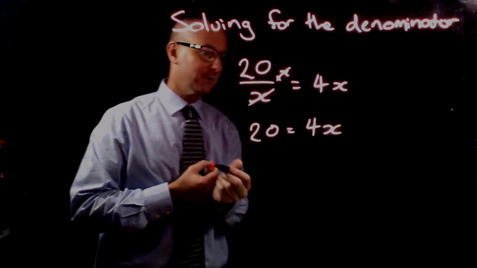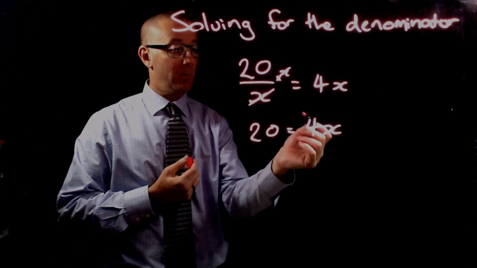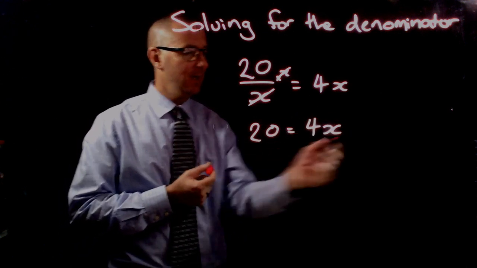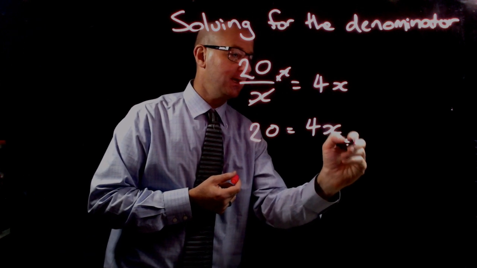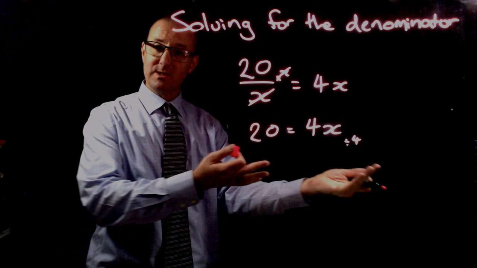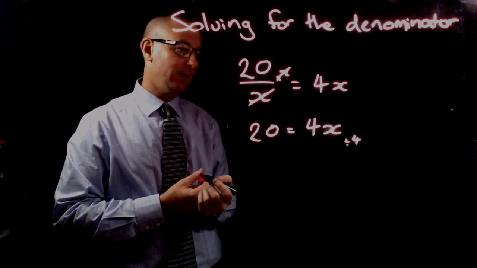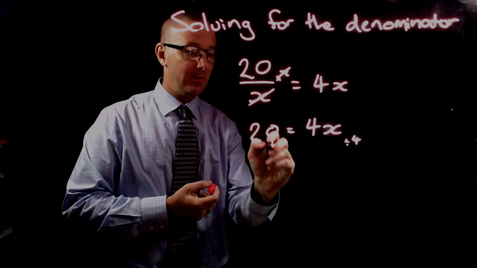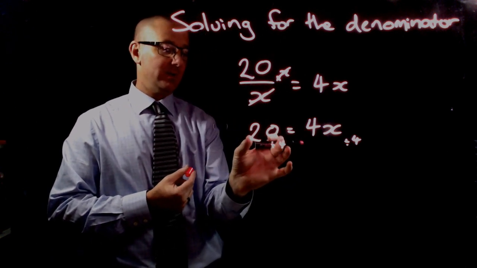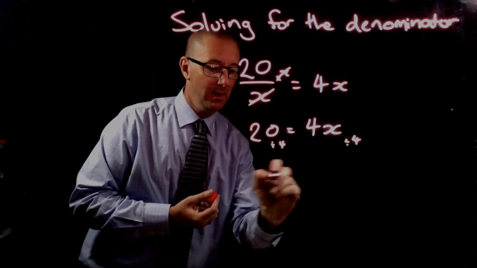times x. Now this is much easier for us to solve, because on the right hand side we want to get rid of the constant 4, and so what we can do is divide the right hand side by 4, and that's going to go 4 divided by 4, which is going to leave us with 1. Because we divide the right hand side by 4, we're going to need to divide the left hand side by 4, and so we're going to end up with, on the left hand side, 20 divided by 4 gives us